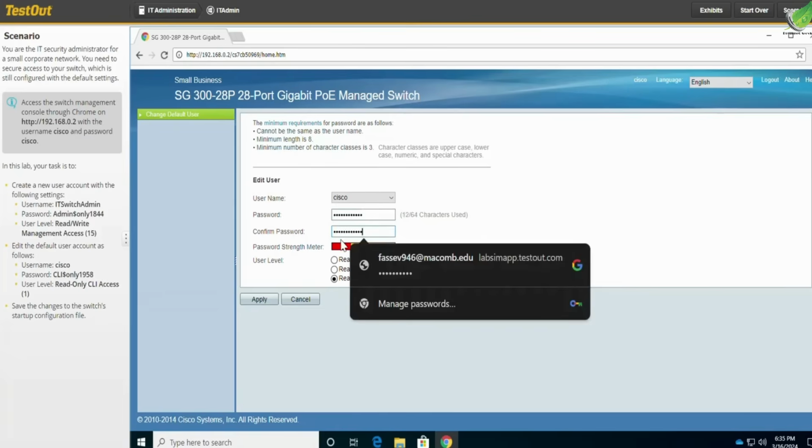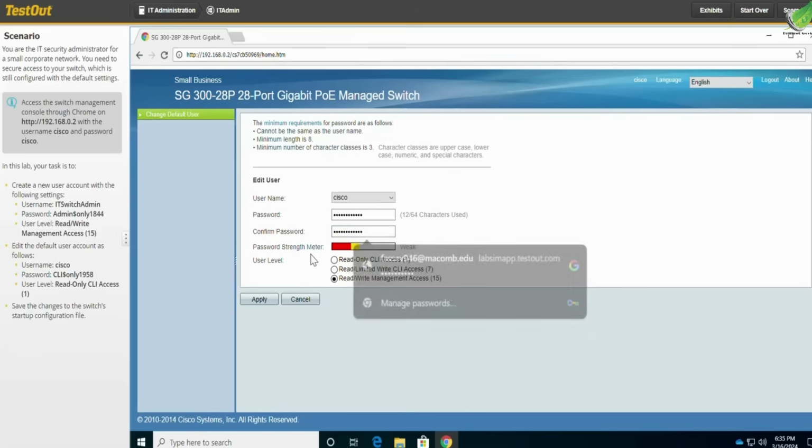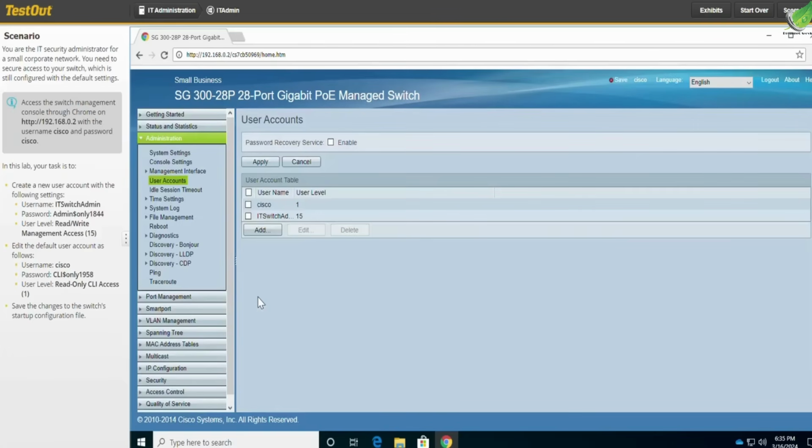We confirm the password by pasting it in here again. We're going to change this to read only CLI access and go ahead and apply, and let's see, click on save,